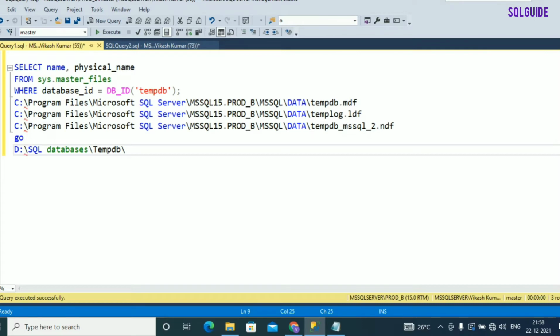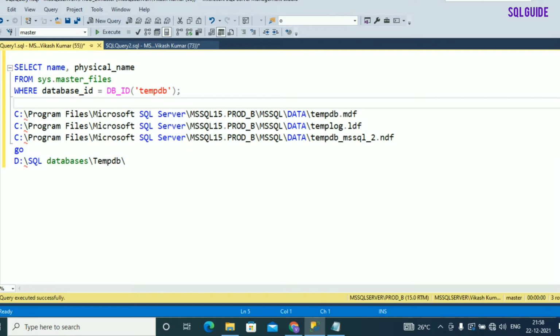So from C I am going to move to D. So this is the first step, to identify the name and the physical name from sys.master_files for the database tempdb.